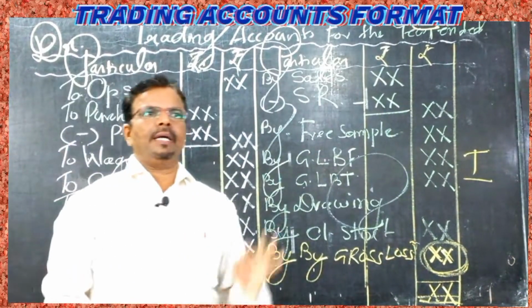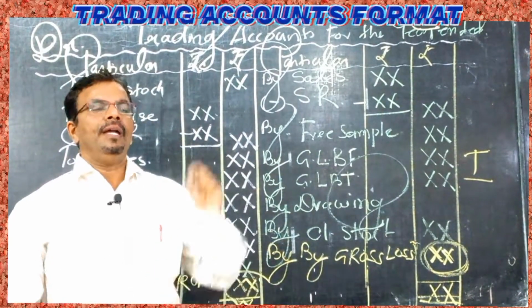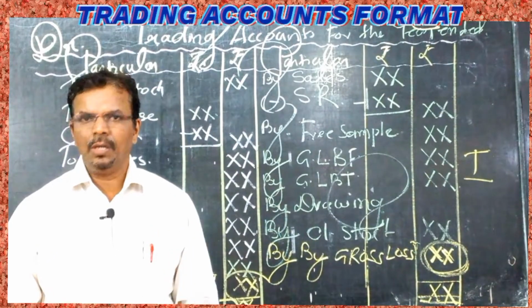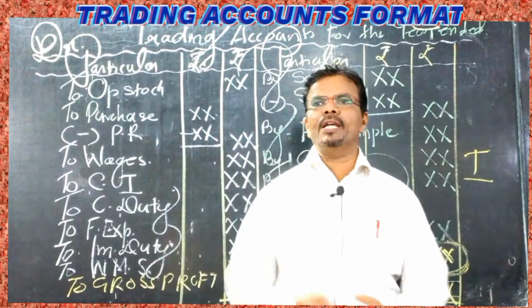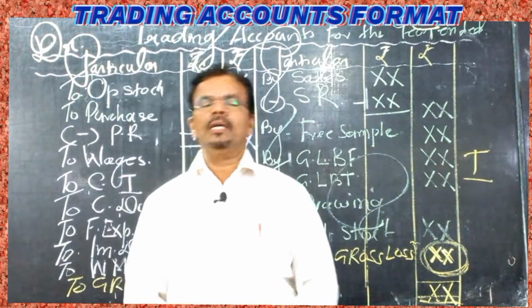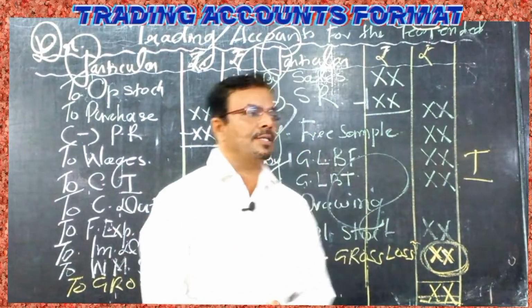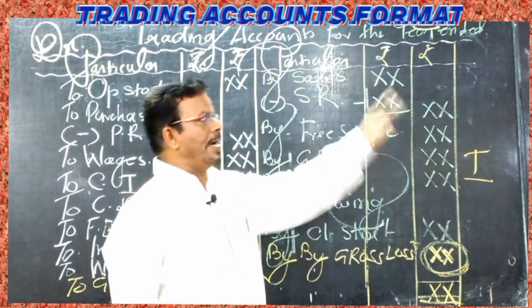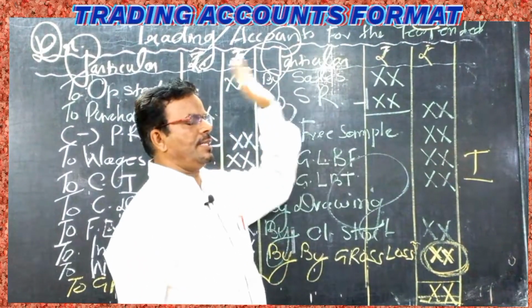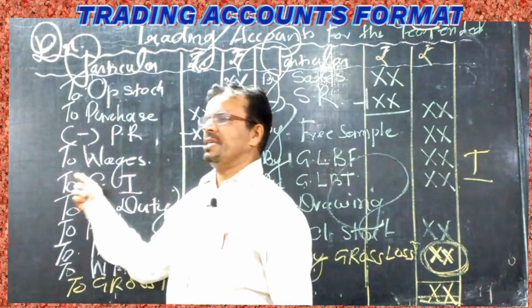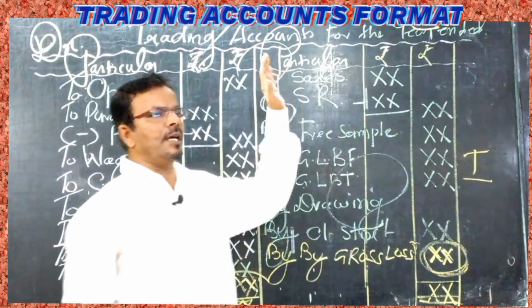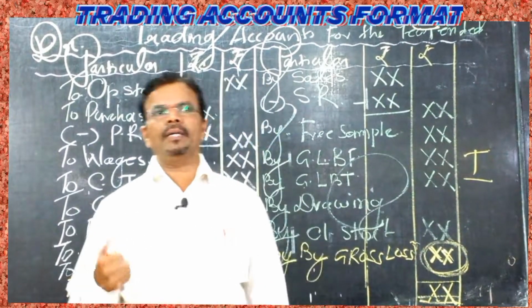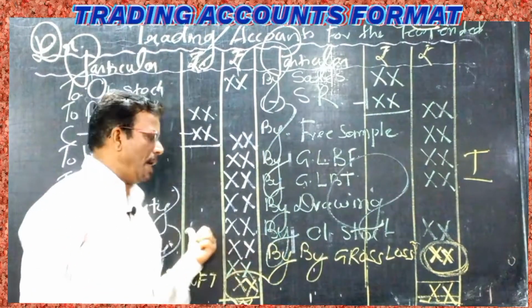So simple: credit side is your profit, debit side is your loss, because this is a nominal account. Nominal accounts are: debit all expenses and losses, credit all income and gains. Income side more means credit side more, which means we have profit. Vice versa, debit side more means expenses are more, income is less. That means we are incurring a loss. And this amount we transfer to